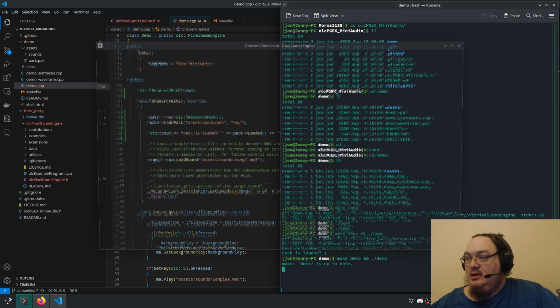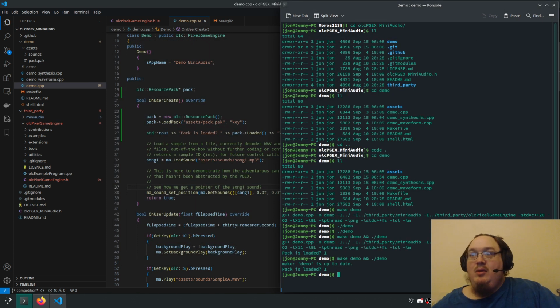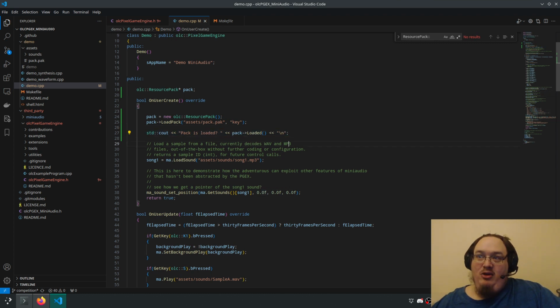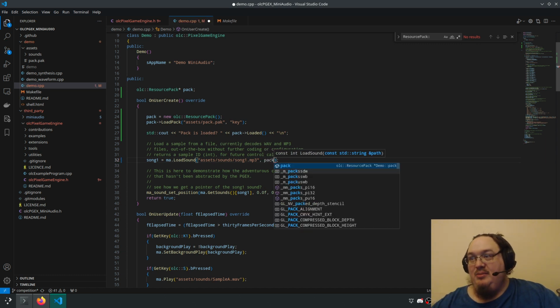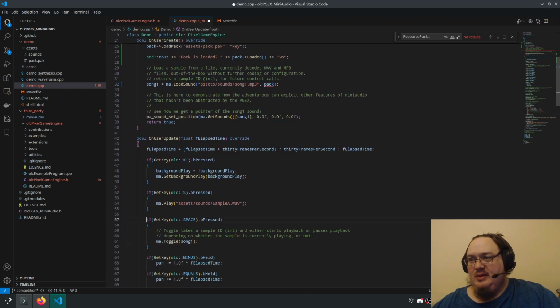Okay. Let's see what happens this time. All right, so the pack loads. So that means that we want to go ahead and pass the pack into that. Which is going to break that because I need to implement that.